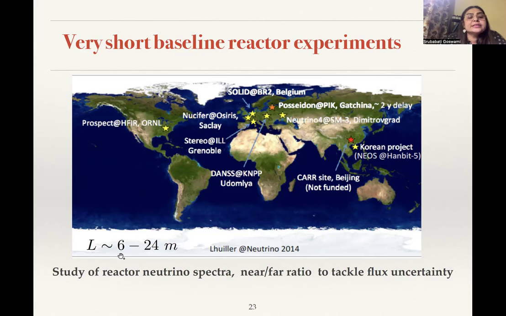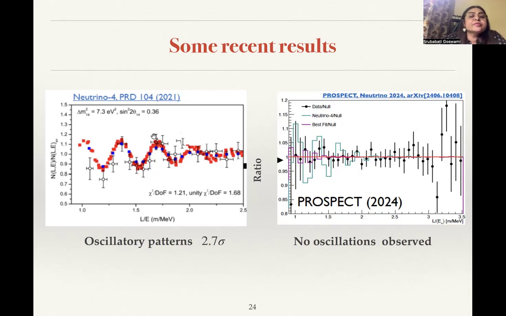So for this, the L is about 6 to 24 meters. And they can study the reactor neutrino spectra. They can measure the near-far ratio to tackle flux uncertainty. For instance, there is the Korean project NEOS, and these yellow are the projects which gave data. Then there is STEREO, then there is Neutrino-4 in Russia, then also DANSS, and then PROSPECT, which is in the US. And so all these experiments gave some results, and some of the recent results of this, for instance,